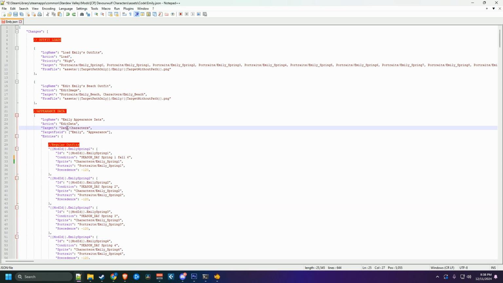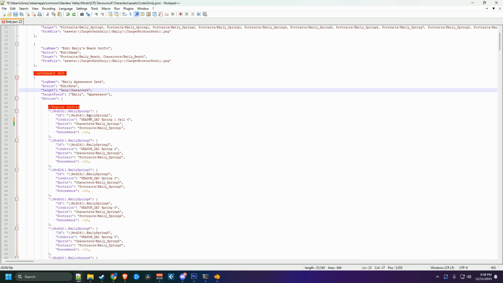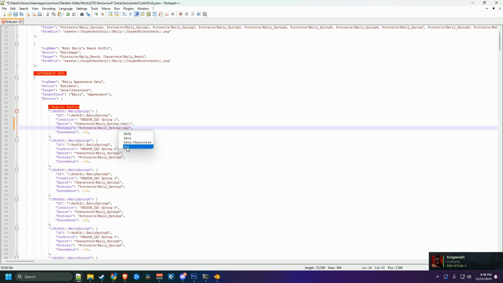Essentially, it'll be in that groove. Now, right here, for example, I changed the condition to have season underscore day, which will give me this, where I could do spring 1, spring 2, etc. I could have used day instead, use the same ID, and then maybe the sprite changes with, instead of 1, bracket day, bracket. Same thing with here, and day, bracket. But the main difference is